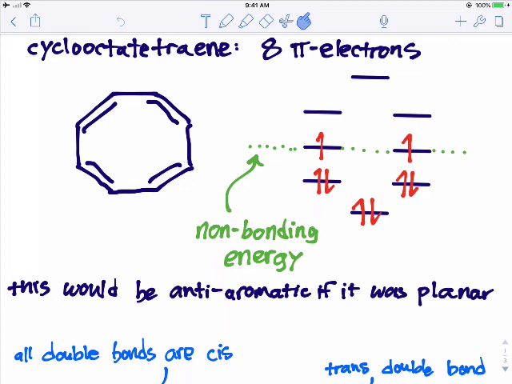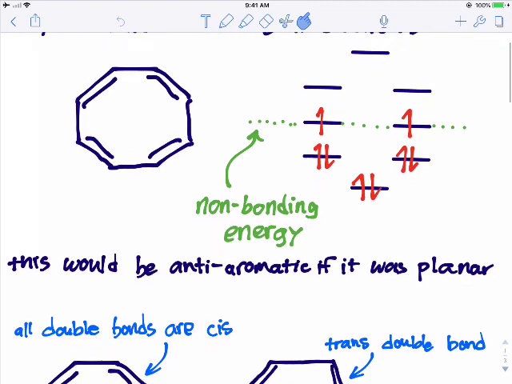One of the requirements for aromaticity or anti-aromaticity is that the molecule be planar. And so far, we've accepted that these molecules be planar because they are sp2 hybridized around the ring. But I want to show you an example where cyclooctatetraene kind of breaks that rule. As drawn here,